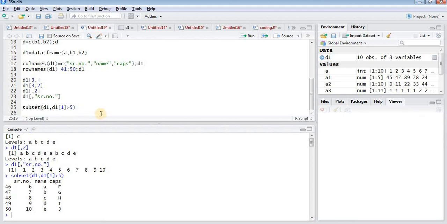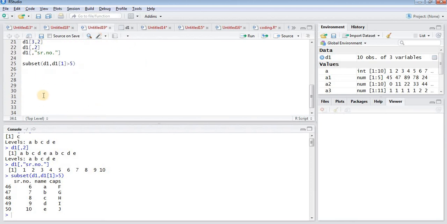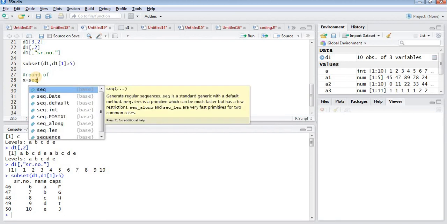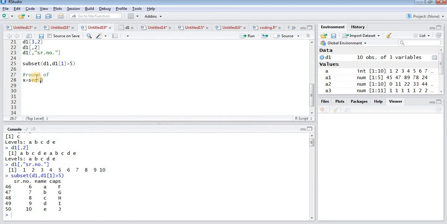Now let us consider a case wherein I have to round the observations. Let's consider X is a data set. Let's take a sequence from 5 point any number, comma any other fraction, with an interval of, say, 10.5, and let's see the data set x.